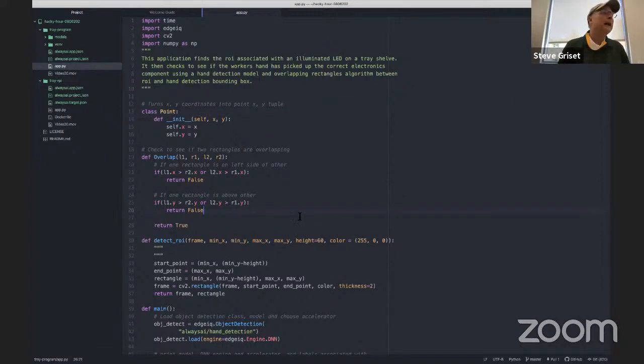The next one is overlapping rectangles, and this is where you look for the false conditions: if one rectangle is on the left-hand side of the other. Like I said, this is a basic trig algorithm. And the other one is if one rectangle is above the other. What gets interesting here is that if you looked at this algorithm in your trig book, these signs would be reversed. The reason is that your trig book uses the Cartesian coordinate system, and we're using the OpenCV / NumPy system, where the origin point